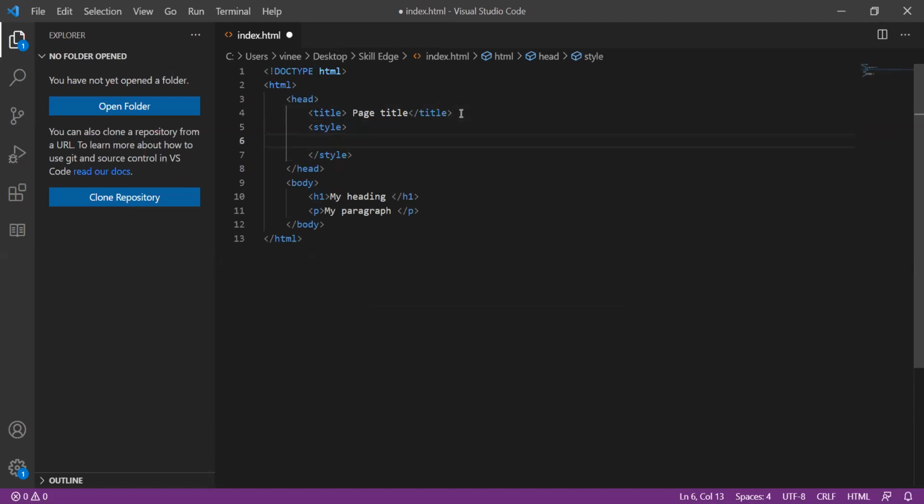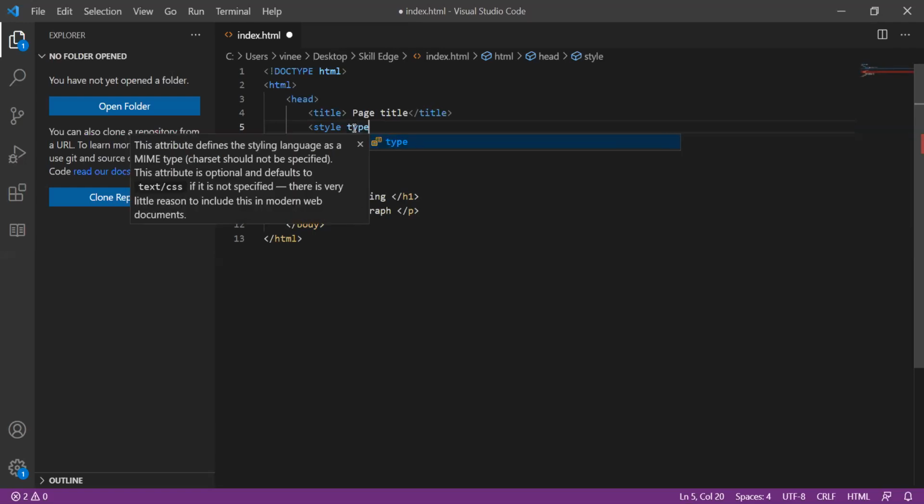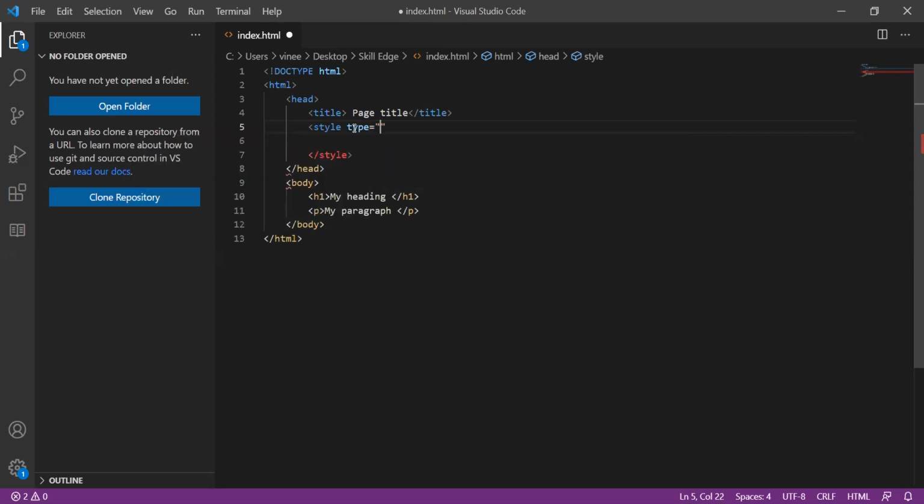Here we also need to mention the type of the style tag, the type of style we are applying. So we have to select the type here and mention text, and close it here.